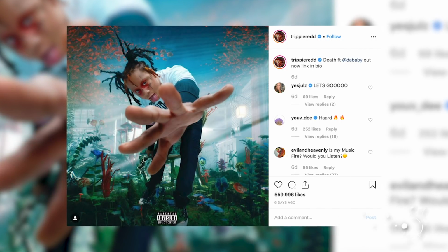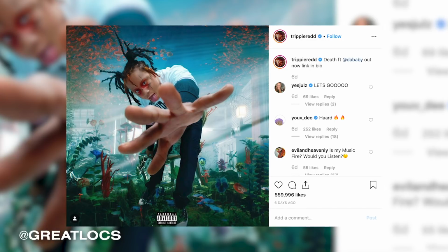There's some things changing with his dreads, and it's always really interesting to see these people going through the process